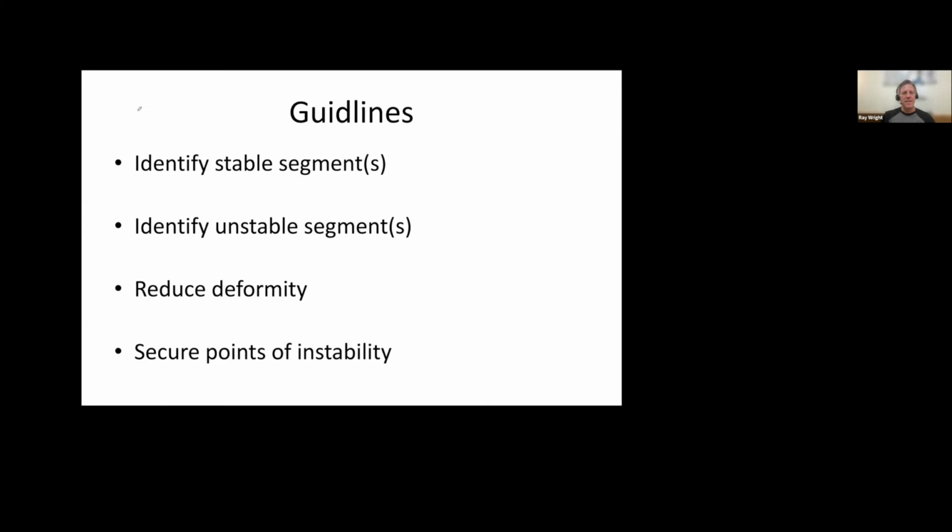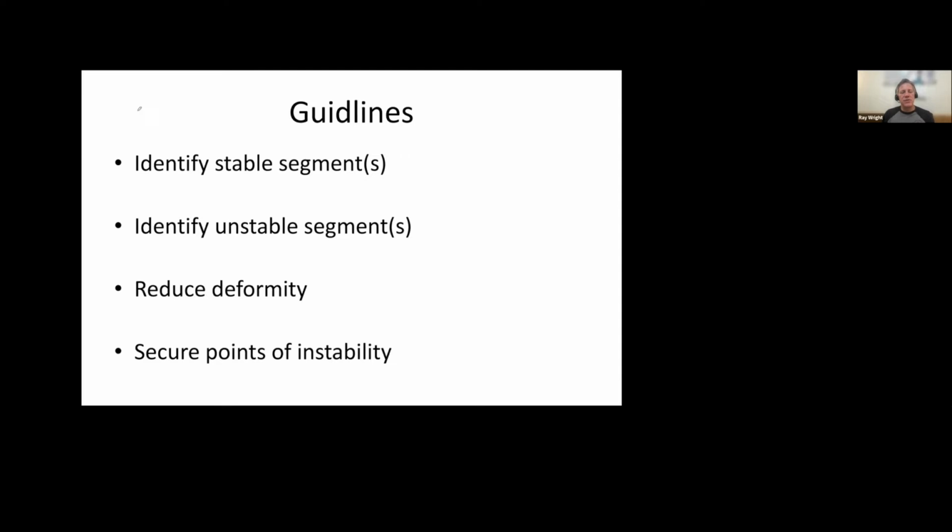And so to tell you when to operate and where to start is, gosh, that's a whole year to get going, and maybe even a whole career to truly understand. But my basic guidelines for when I'm operating on the pelvic ring are to identify which segments are stable. I'll find whatever stable foundation is present to build back the unstable segment or segments. And once those are identified and the type of instability is identified, then I can begin to develop a strategy to reduce deformity, be it rotational, vertical, or both.